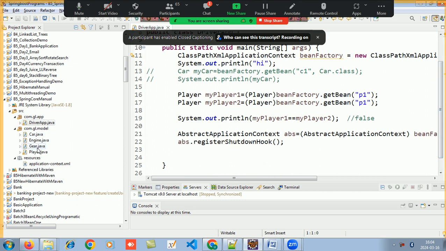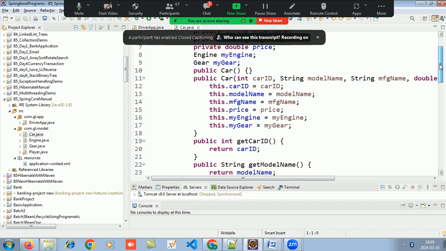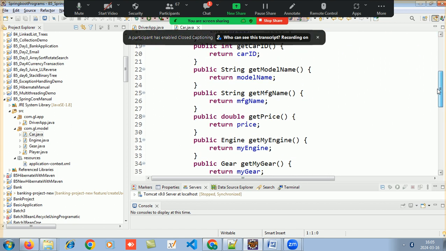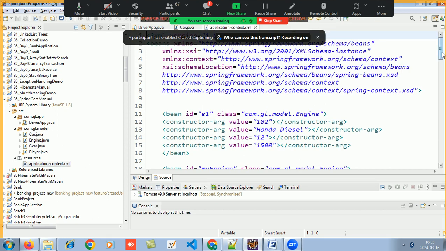for these classes. Okay, so we had done a bean attribute called autowire, right? So autowire is one of the attributes of the bean tag. Today we will go one step ahead of that and use an annotation-based dependency injection called Autowired. So if you look over here in this Spring context,